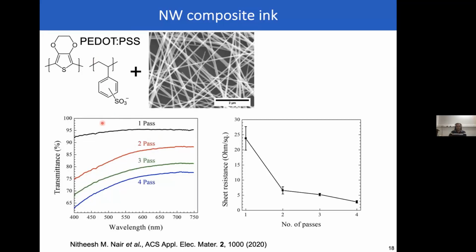And as you can see, the nanocomposite also has a low sheet resistance and also has very good transmittance. So again, this composite will also work as a transparent conducting electrode. At the same time, it has much better thermal stability, and it also has very good surface adhesion. I'm not showing those results here, but we did do tests to make sure that this is actually much better than pure silver nanowires.